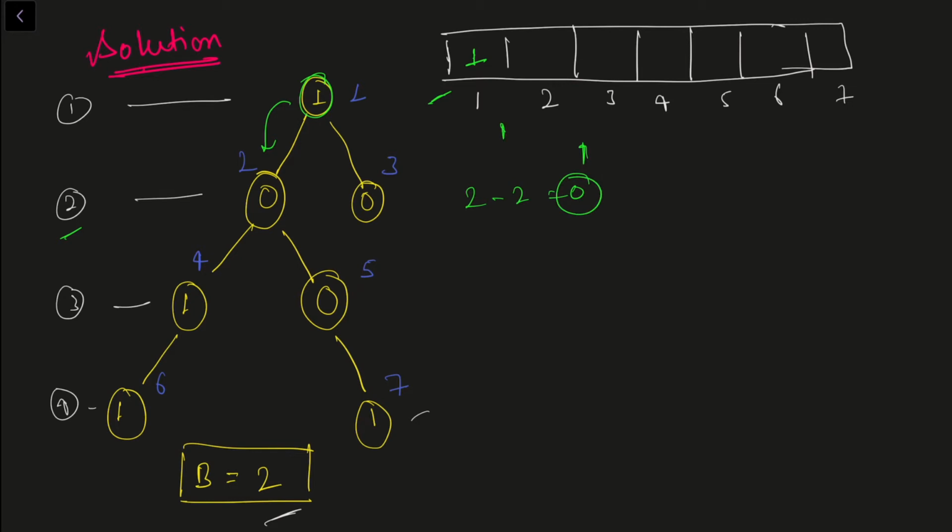So again I'll move on to its child, but before moving on to its child, I'll say that at level 2 currently we have a node which has value 0. Okay, after this I'll check for 4. For 4 again I'll see that the level is 3, so I need to go to 3 minus 2, the first level. So I'll see that at first level we have value 1, but our current value is 1, and as we know that we need different values, so we won't add anything to the answer.